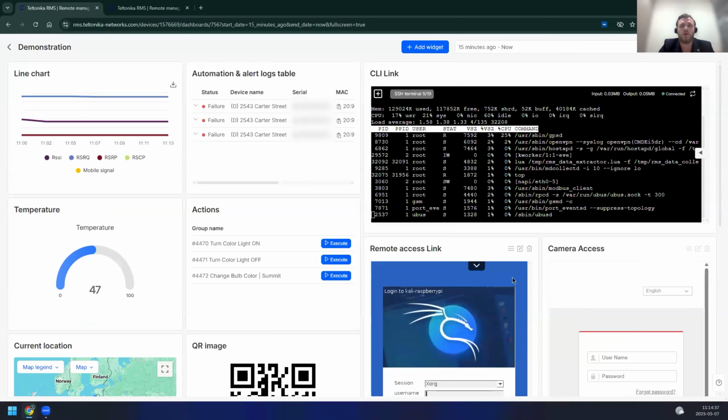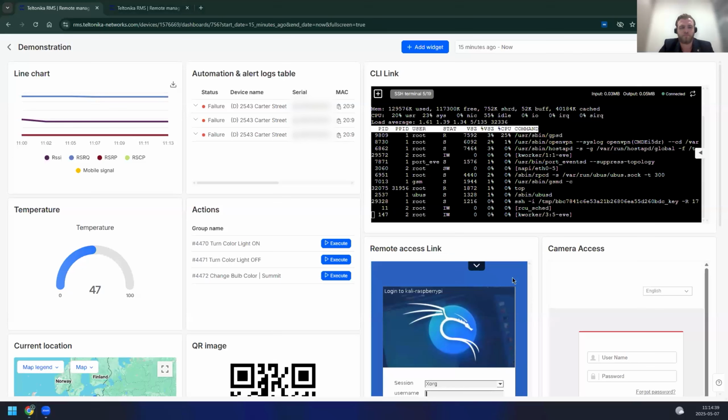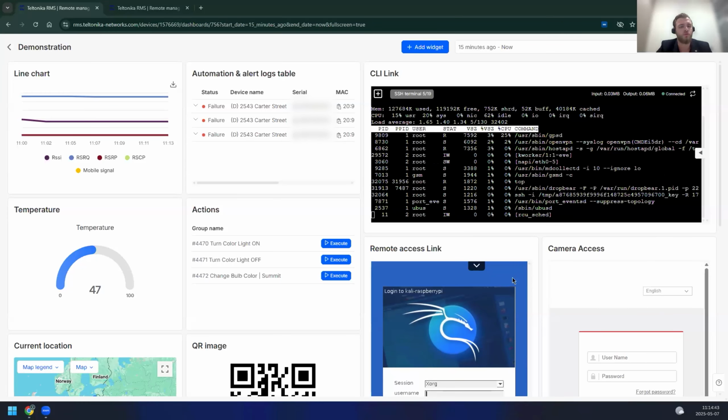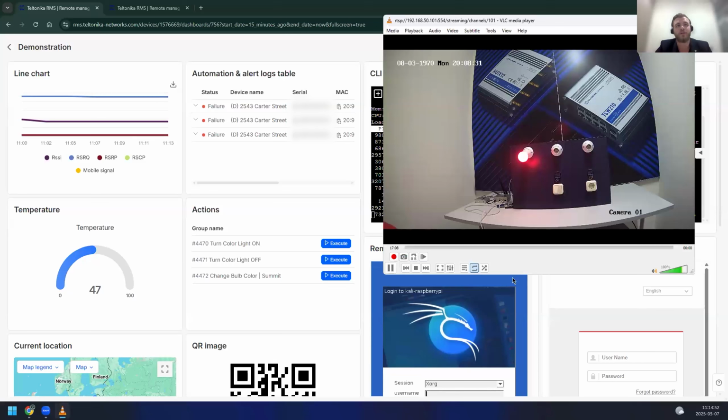Now, let's do a fuller example. Right now, this computer is connected to an IP camera using the RMS VPN functionality. I can turn on the stream, see what's happening in real time, and this device is also connected to some other machine. In this case, red light is indicating that something is wrong. In the same dashboard, since I